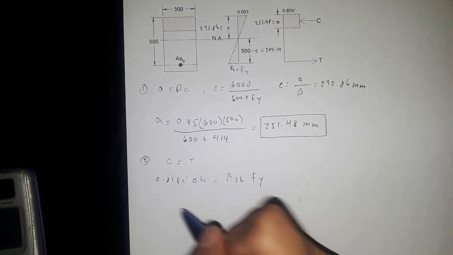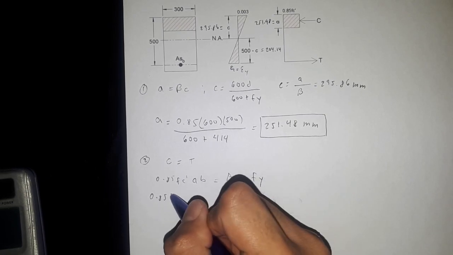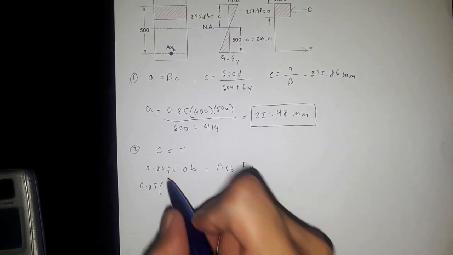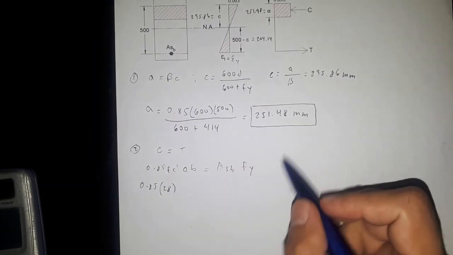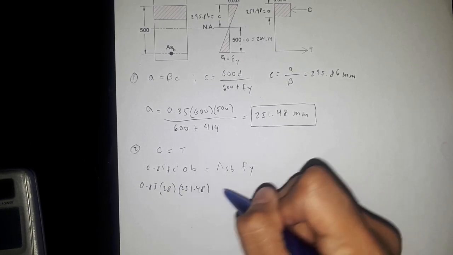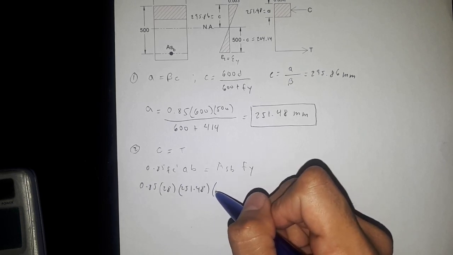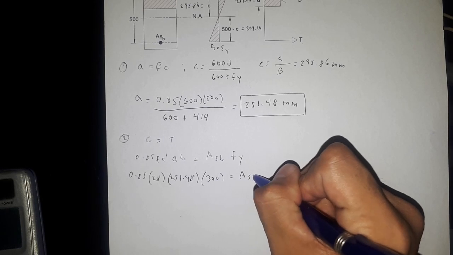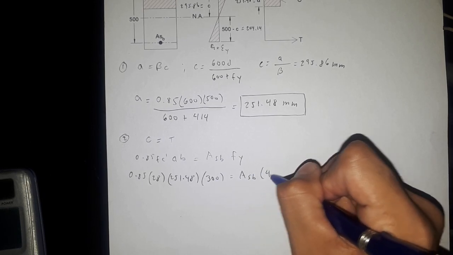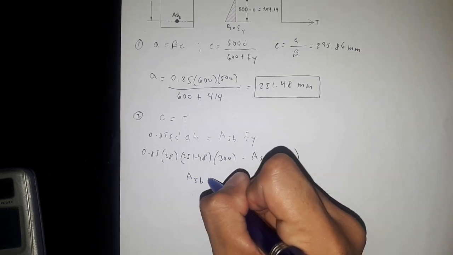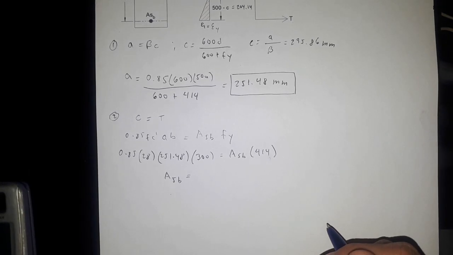If we substitute the values, 0.85 fc prime is 28, your a is 251.48, and your b is 300, equals As balance multiplied by Fy of 414 megapascals. So therefore your balance steel area is equal to